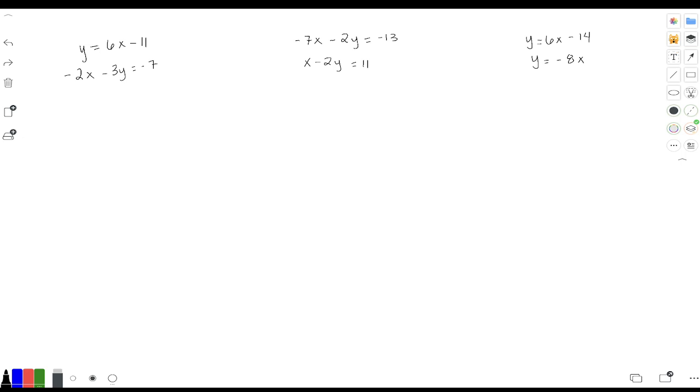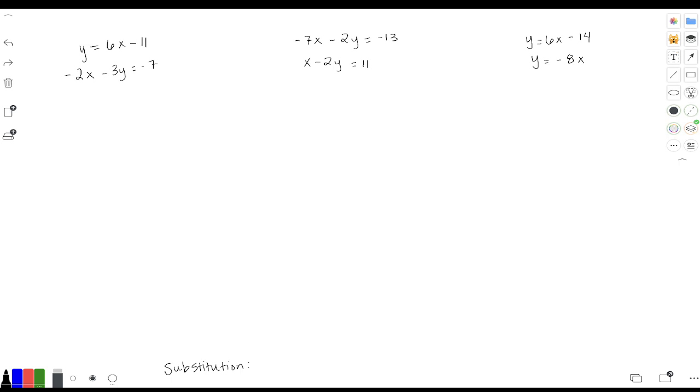So, there are a few different ways that you can solve a system of equations. And those different ways are graphing, substitution, and elimination. Today we're going to talk specifically about substitution. Okay? And just down here, let's write substitution